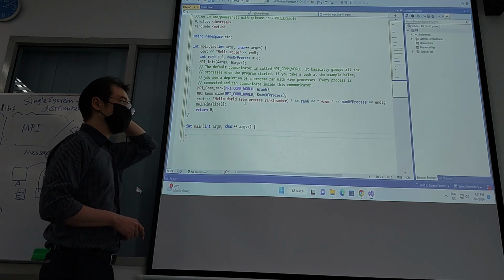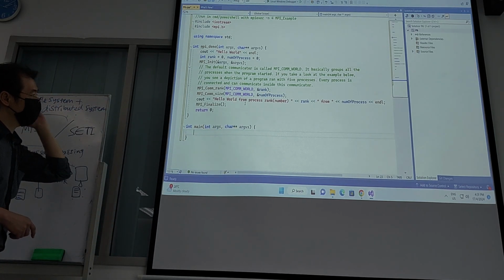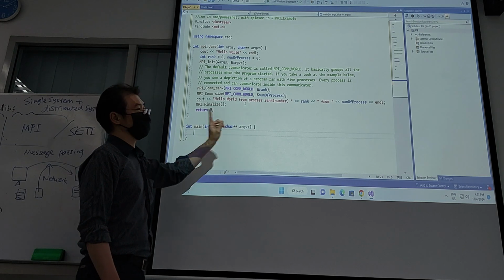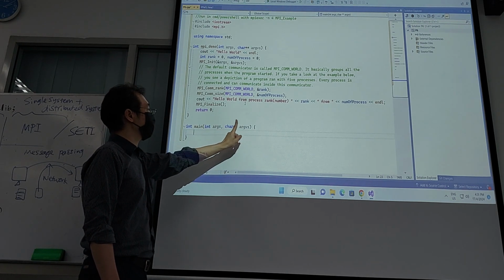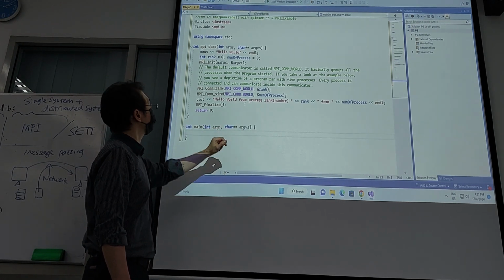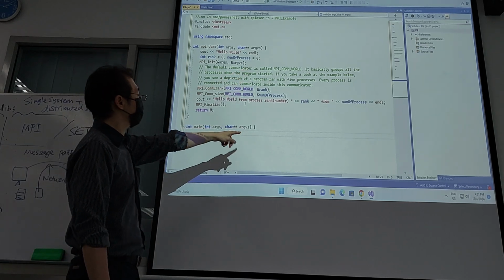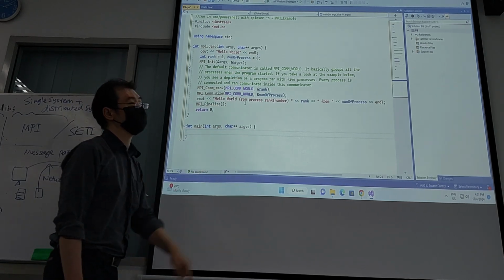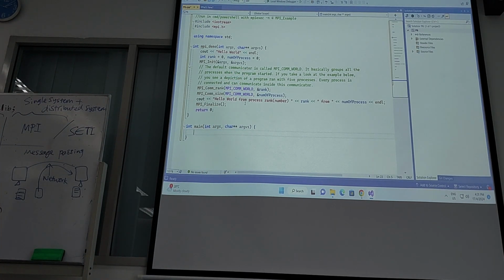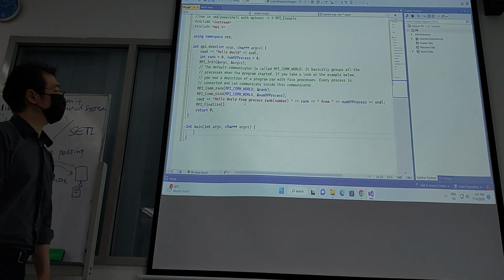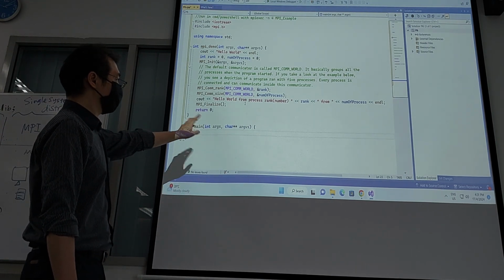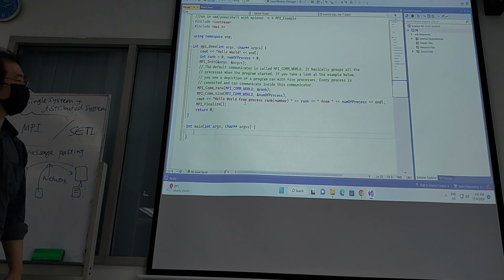The first one is always the name of your program. Okay. So the input is at least one, which is the name of your program. In my case here, I call it P6, so the name will be P6, and here will be 1. Okay? The rest of the input will be additional input that you pass into the program, and maybe I'll show you later how this tool is